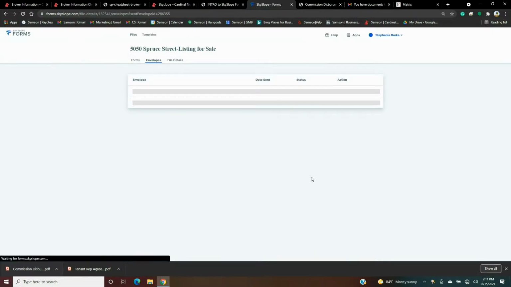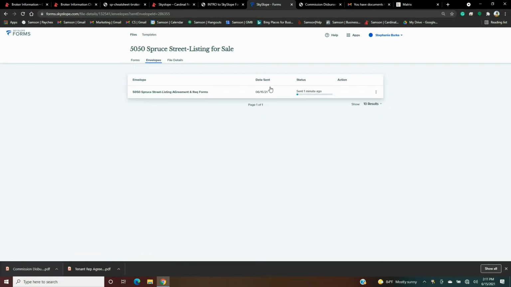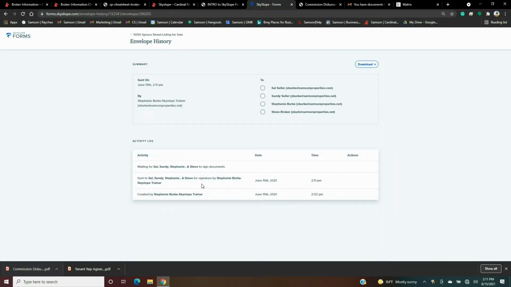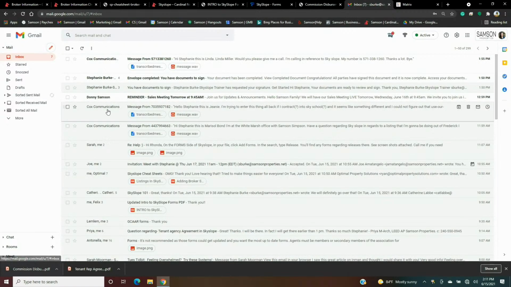Loop had its quirks too. Okay, so because I created an envelope, it's here. It's only partially done, sent 1 minute ago. If I know I made a mistake, I can cancel signing here. If I need to resend it, I can resend it here. If I want to view the history, this is what time everything was done. So if you guys give me 2 minutes, I will go through and sign everything so that I can show you what to do